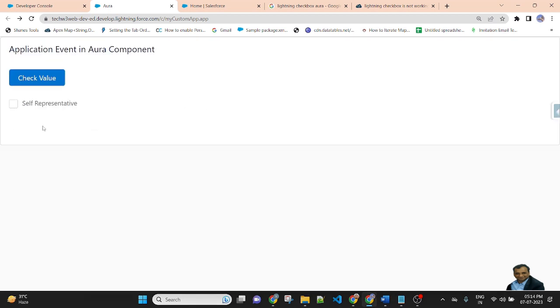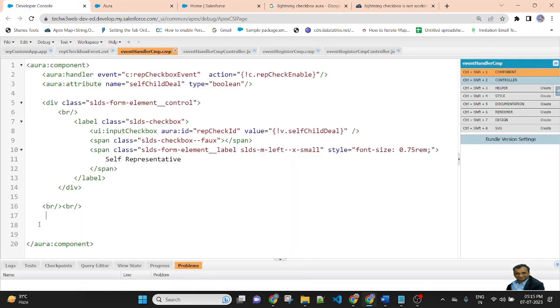If you want to display a custom form below the checkbox whenever the checkbox is checked, then I will customize it. Go to the developer console, and here I will create a custom form. So first I will create an aura:if.